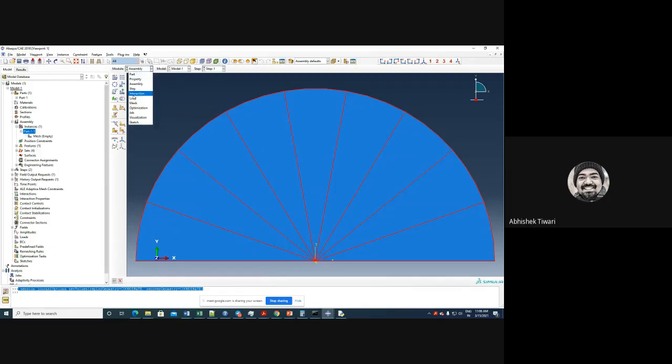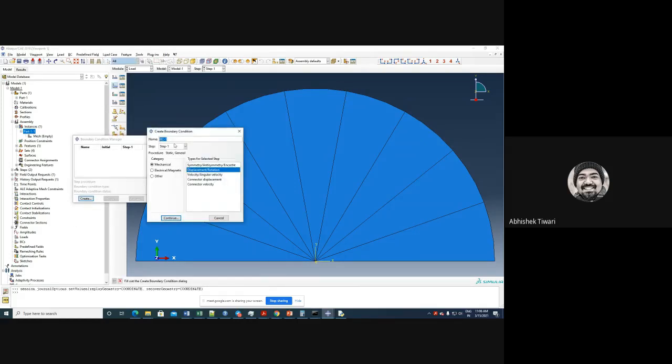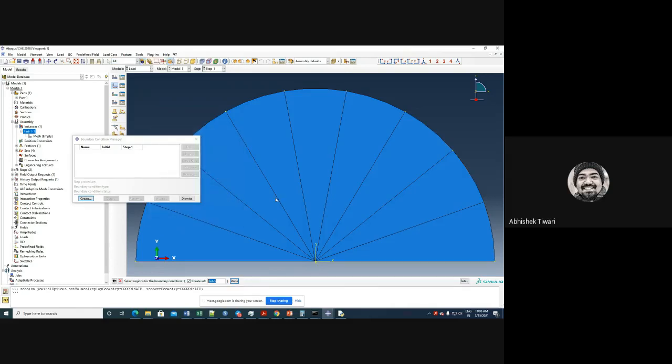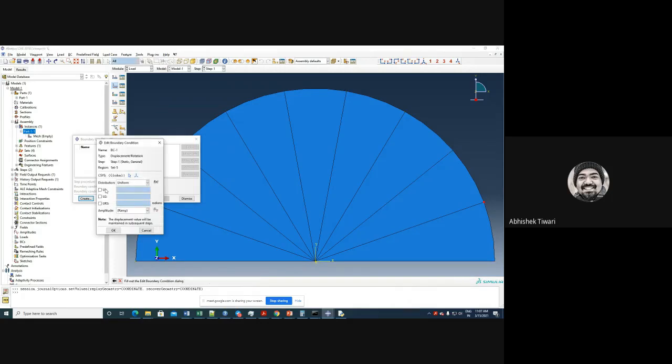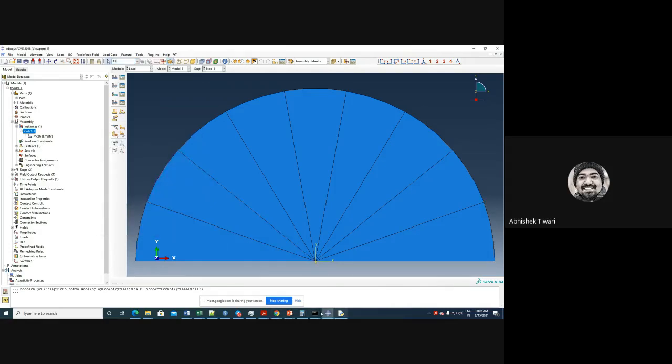I do it by going to the boundary condition module, which is load, then go here, then click here, then displacement, continue, select any vertex, any point. So select that vertex, say done, U1, U2, write some values here, click OK, and keep recording. If you record this, then you will get the code for that.